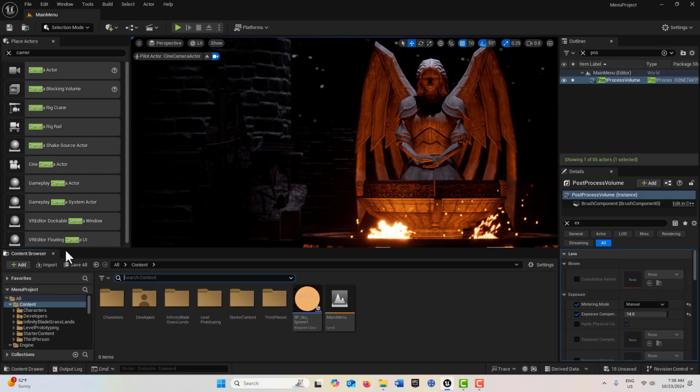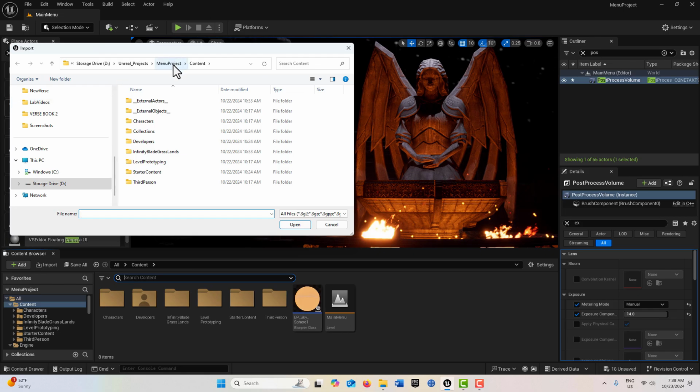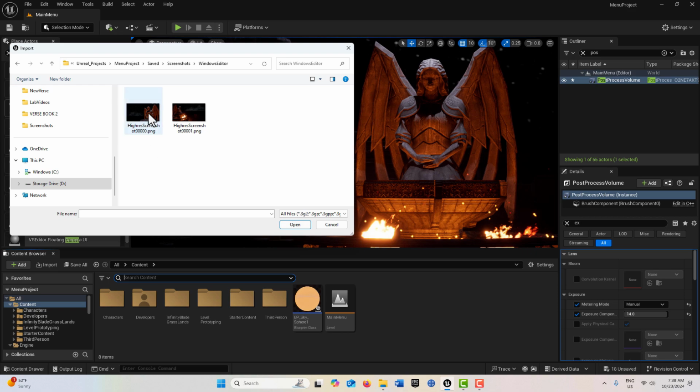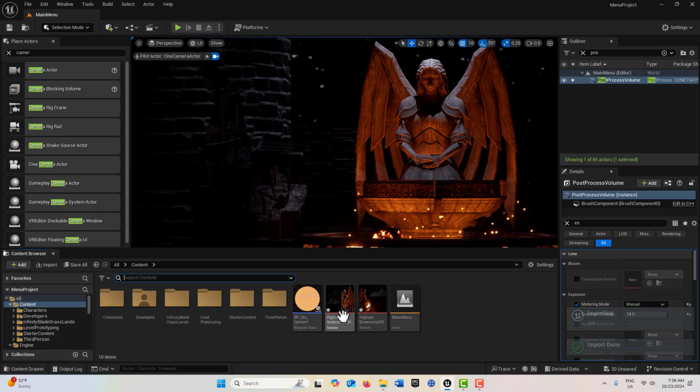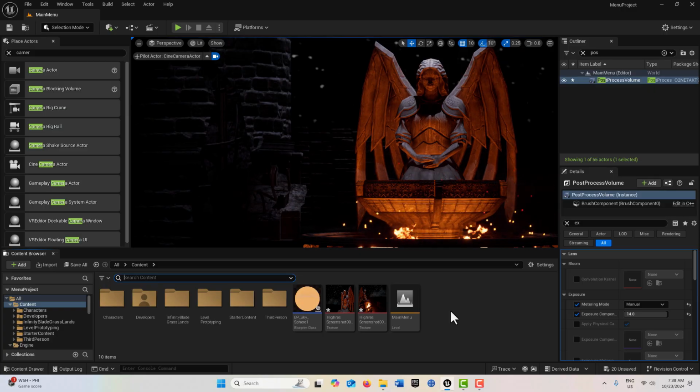To get those screenshots, we can go into Add, Import to Game, go to Menu Project, Saved. It should be Screenshots, Window Editor, and here they are right here. Hold down Control, select them both, and just import them. So now we have those screenshots that we can use in our menu system. So that's great. And so that essentially concludes this section where we've created a complete nighttime scene and have our backdrop ready to go. So in the next section, we're going to work on getting started with building our menu system. So I'll see you